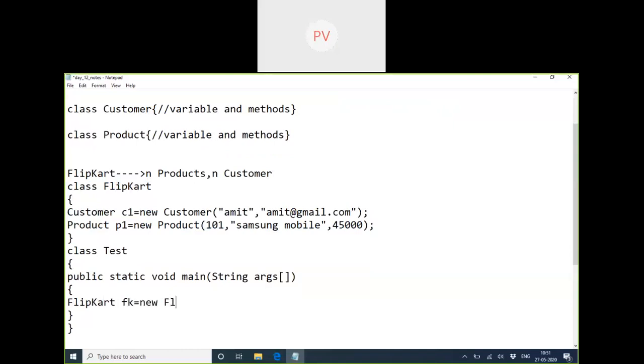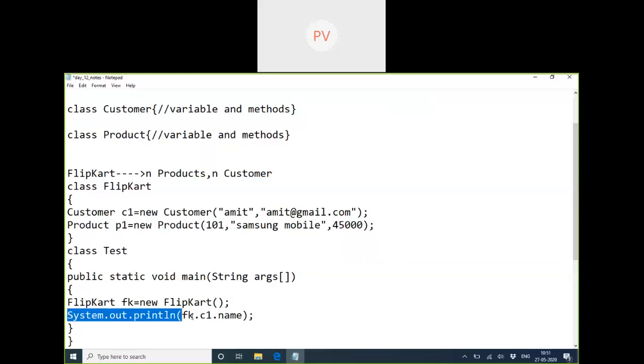Once we have that, we are accessing the Flipkart right now. Inside Flipkart, what do we find? The product. So here we have the customer. You can try to see the customer's name like this. So C1 is only the customer. Inside C1, what do we find? We have his name and email ID. So we can try to print it in this manner if you want to directly check. Same way we can see the other details.